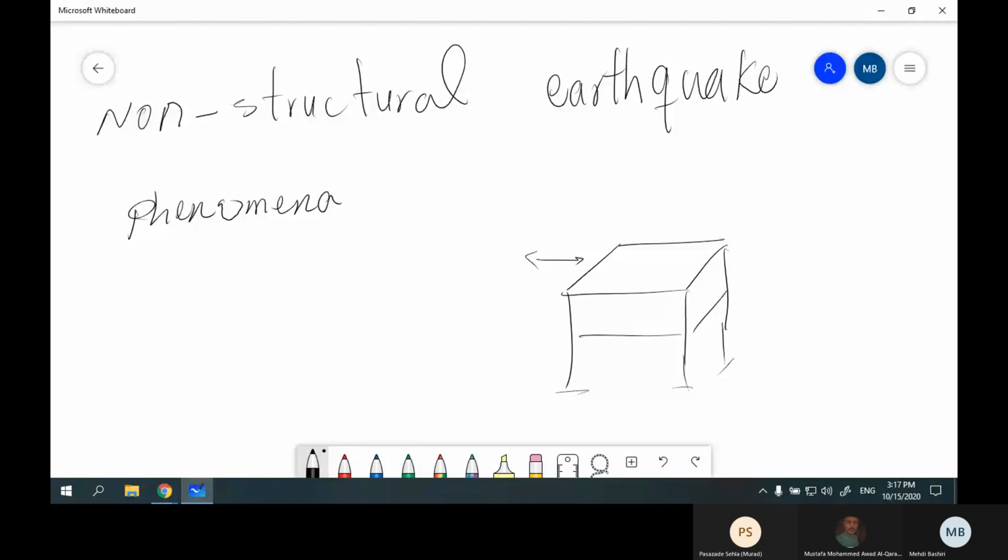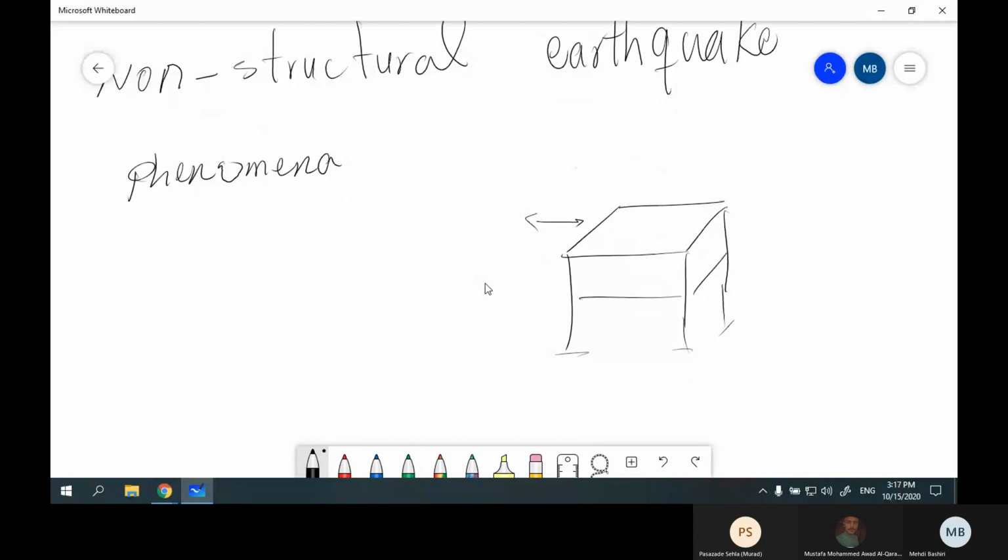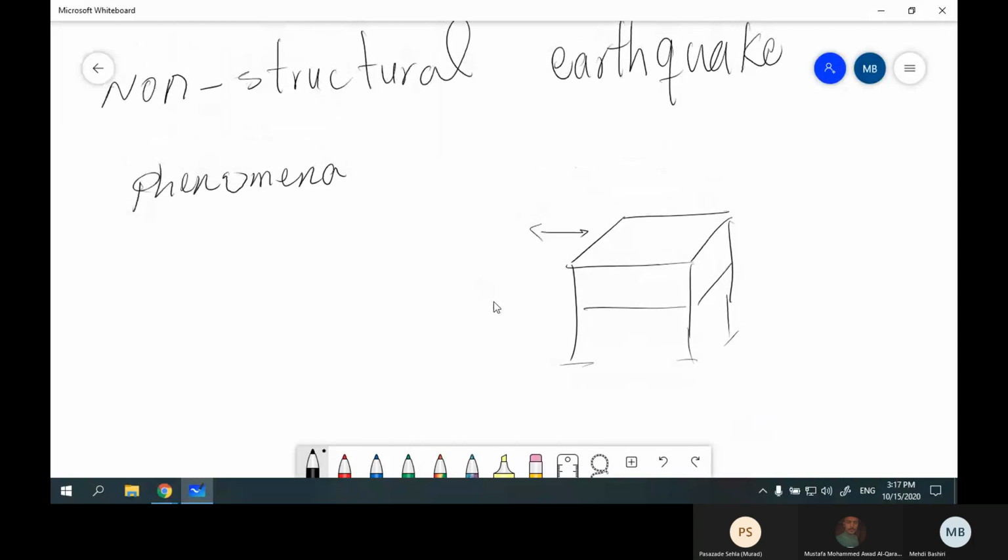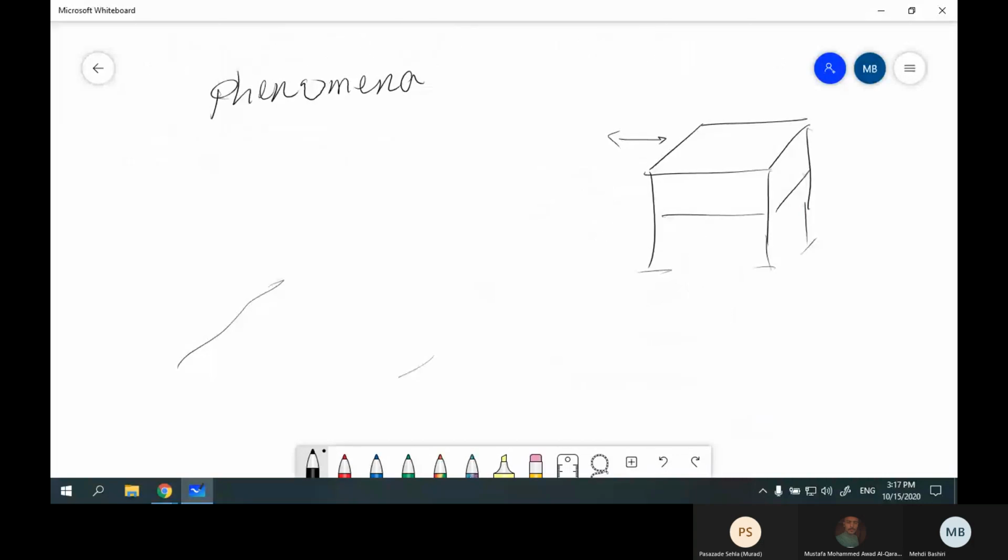But the ground, rivers, mountains, they are non-structural elements. Everything that we build is a structural element, but things such as rivers